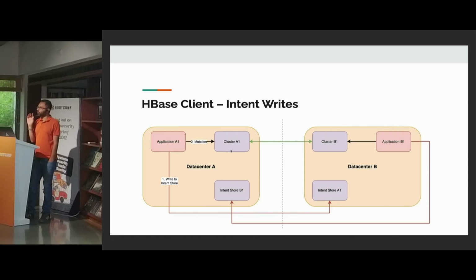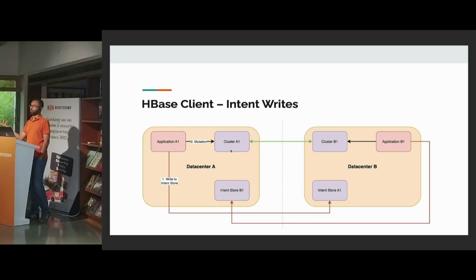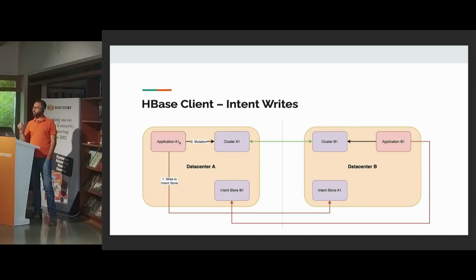Now you have lost the transaction altogether, right? When money matters, you can't lose it, because the customer will say, "Where is my money? I made a payment, but I don't see anything," because the order is not created or whatever it is. Now on the B side, or even on the A side, you detected that there's a failure, that the HBase cluster